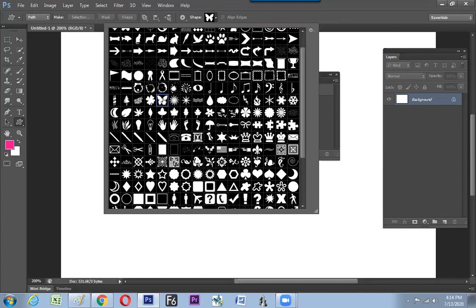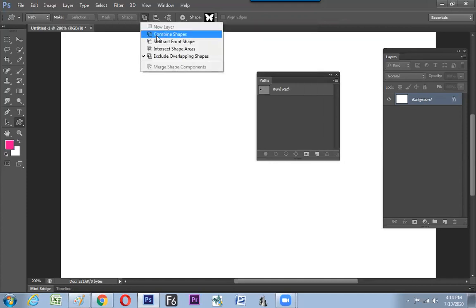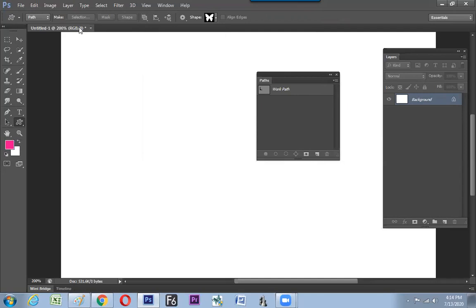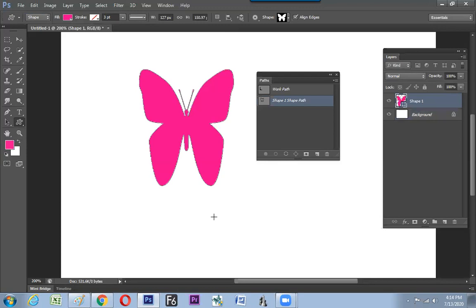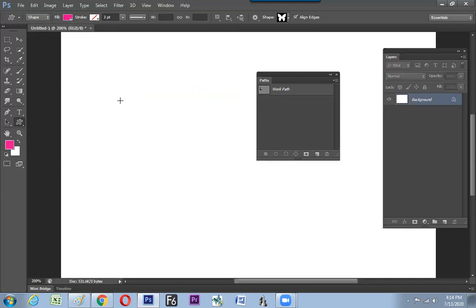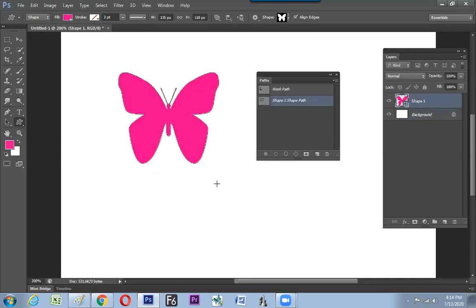Select the shape, switch the method like addition. Now here you can choose either shape mode, path mode or pixel mode. Inside the custom shape also you can choose any of them. If you are switching to shape, then the software will ask you which color you want. Then you can draw your butterfly in your color. So we have understood now how to make your shape turn into a color.